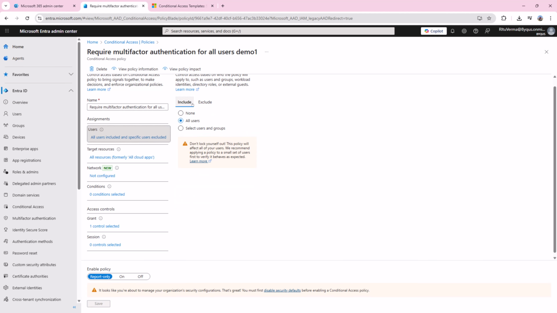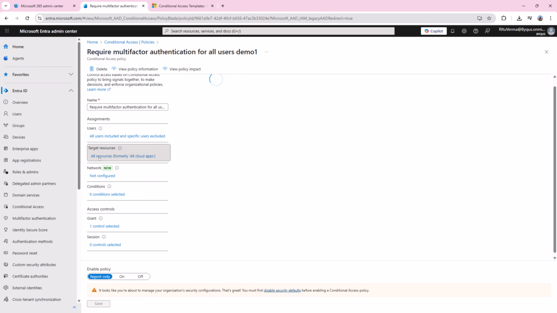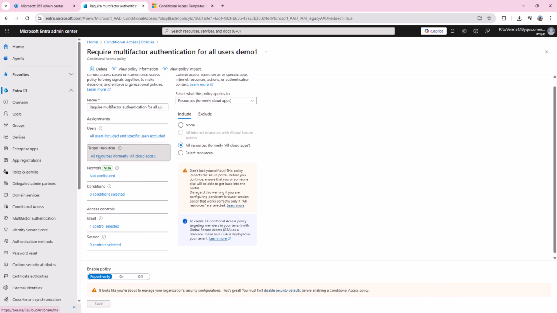So include, exclude, we understood it here. Now target resources, all resources, formerly known as all cloud apps. So we will include all the applications as best practice.